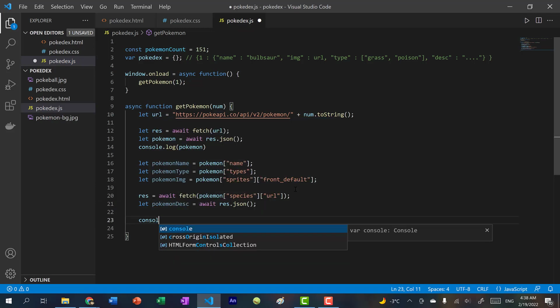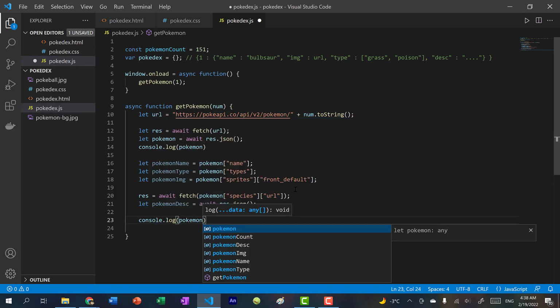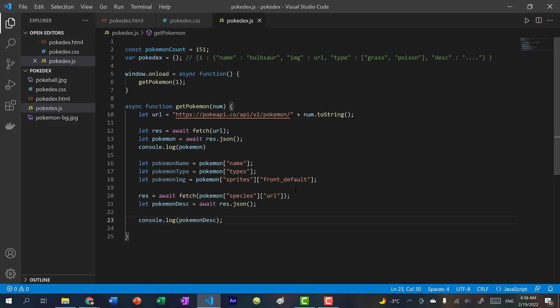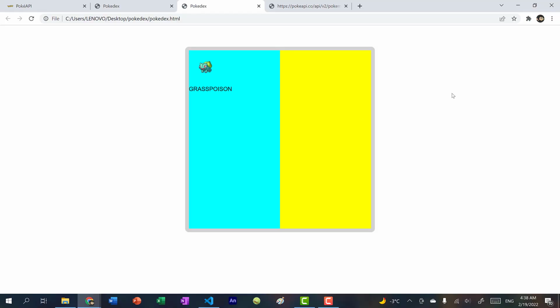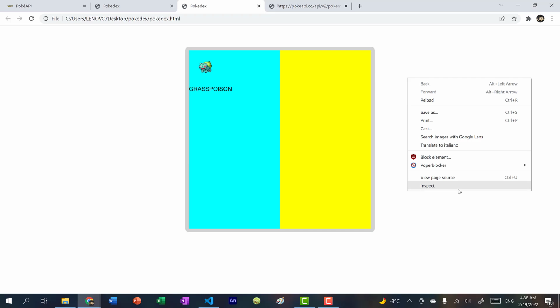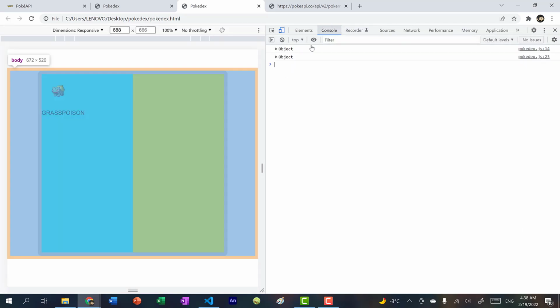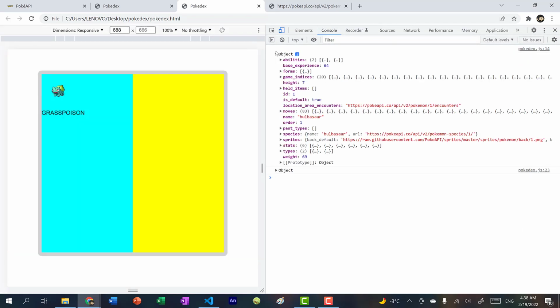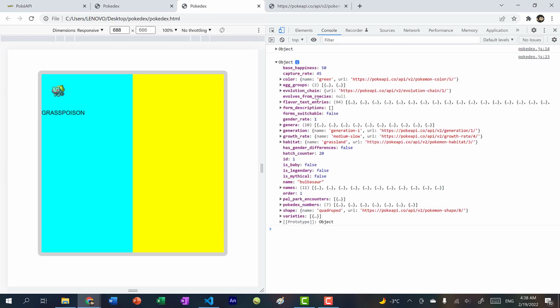And then let's also do console.log on pokemonDescription. Alright, so now if I refresh and right click inspect, let's check the console. You can see the first one is the Pokemon object, and the second one is our description.